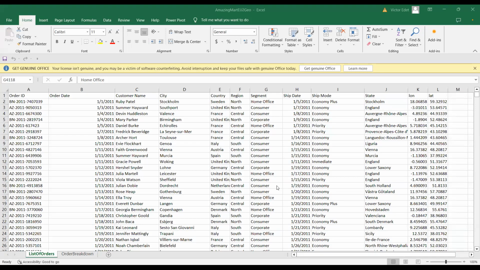Because there's an issue the organization is experiencing, that in some of the regions, they're experiencing low shipping mode usage. And then they don't want to spend more money in such regions, all right? They want to know if the shipping mode in that particular region, or if there are customers in a particular region that they can actually